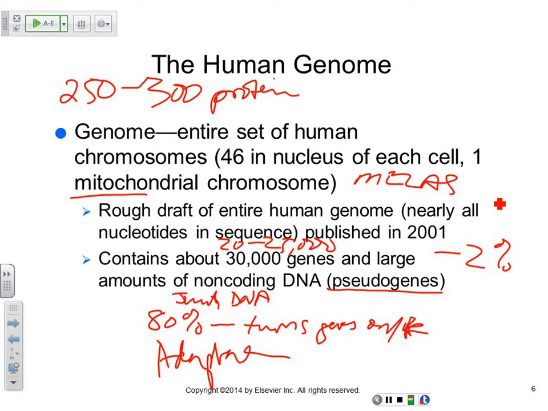Okay, so it's a small percentage of that called pseudogenes. And these are actually broken and they don't actually work. But the 80% is, of course, switches that turn genes on and off, which is very important. And then adaptation: you can adapt because you can switch on certain genes that you didn't know you needed because the conditions change.